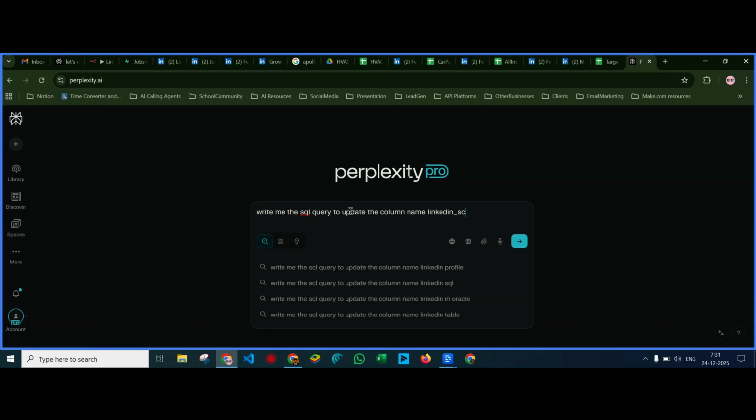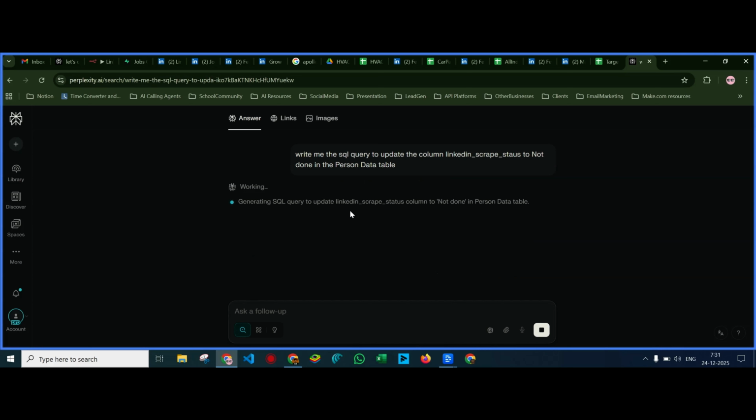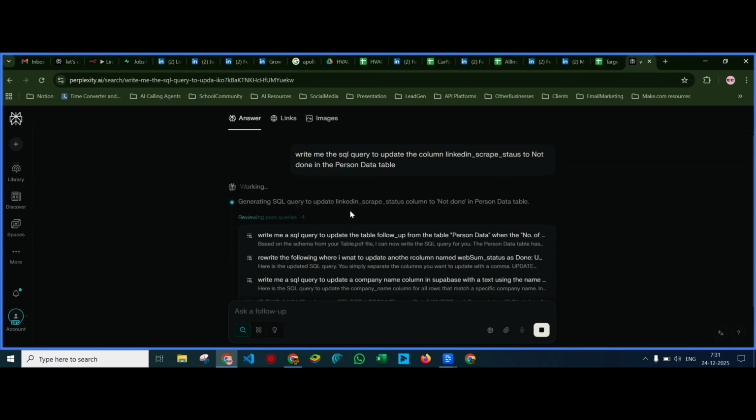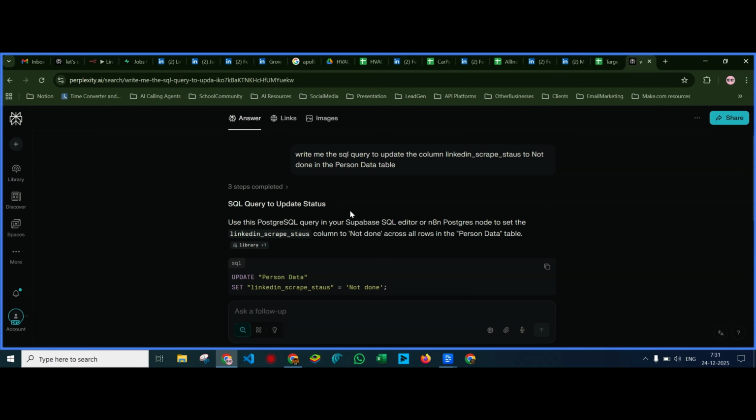LinkedIn create data to the column, not column name, then update the column to not done. I mean, which table? Person data table. And this is gonna write me the SQL query that I'm gonna use to update the whole column at once. Okay, I'm gonna copy, come back here,